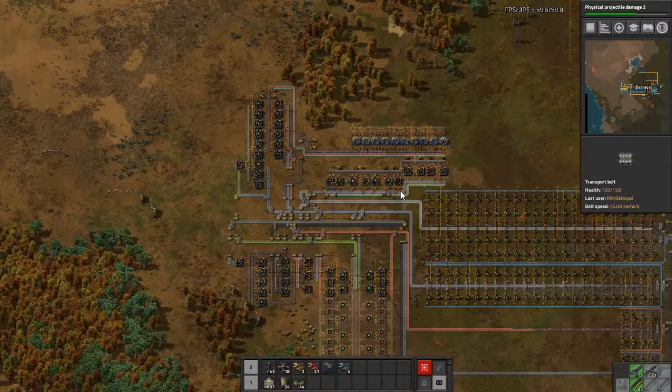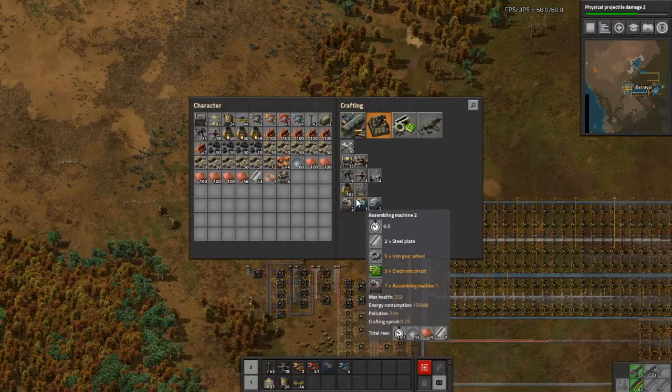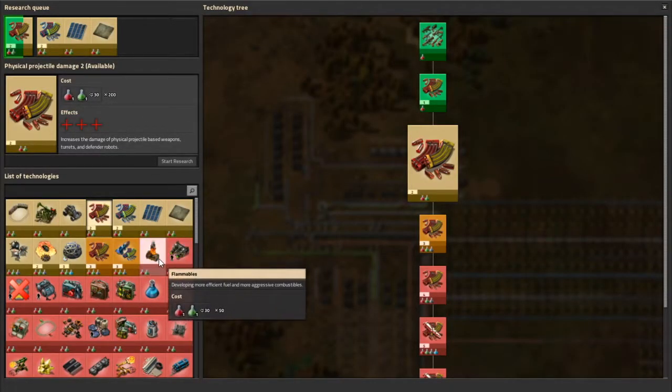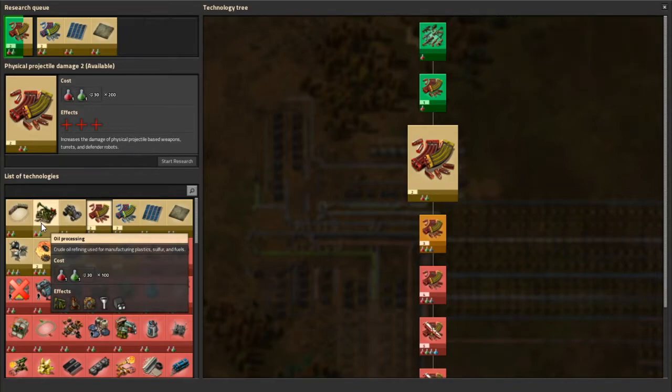Next episode, I have no idea what we're going to do. Are we in a position to start looking at oil yet? Maybe? Yeah, it's in the list coming up of sciences to do, so we could start looking at that. There's been a few oil changes since the last time I have played. So we'll have to have a look at that. In the meantime, though,